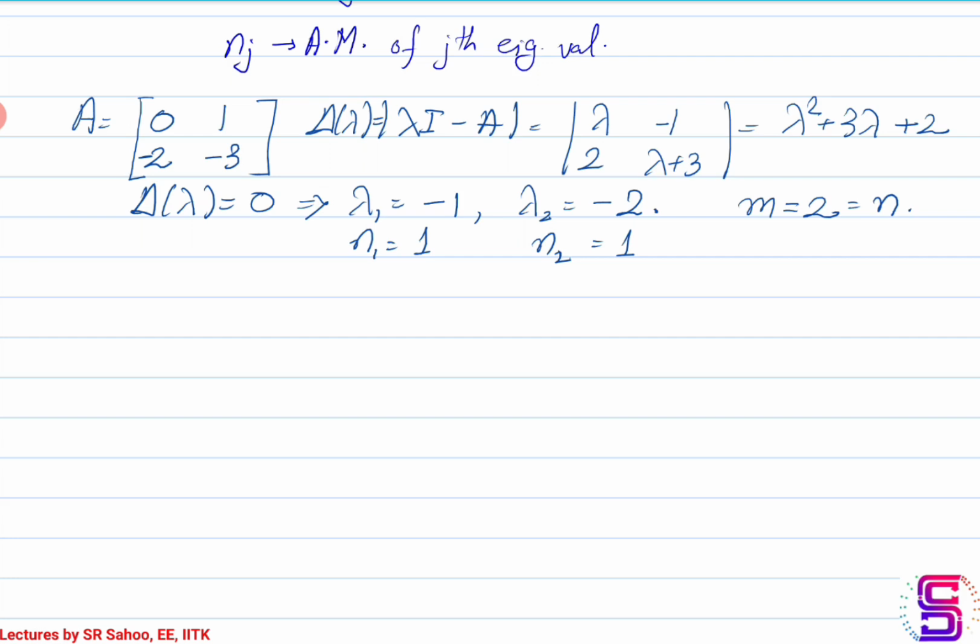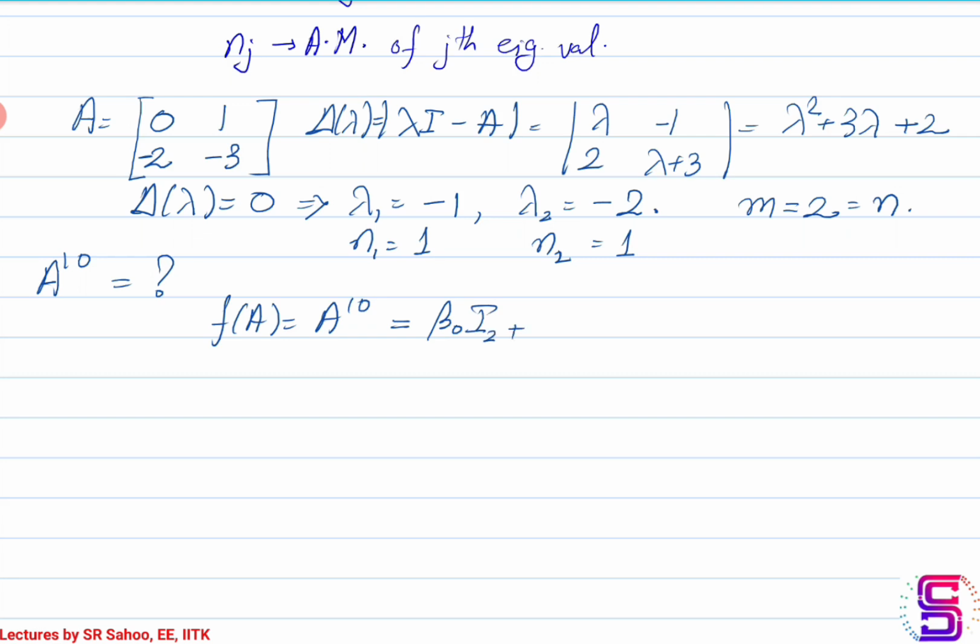Now let's say that we want to find what A power 10 is. So you have two options. One option is, of course, take 10 times the product of these two cross 2 matrices, or we resort to the method that we have discussed earlier. So what we do is, we say that A power 10 is nothing but a function of A, and we say that this is equal to beta 0 I2